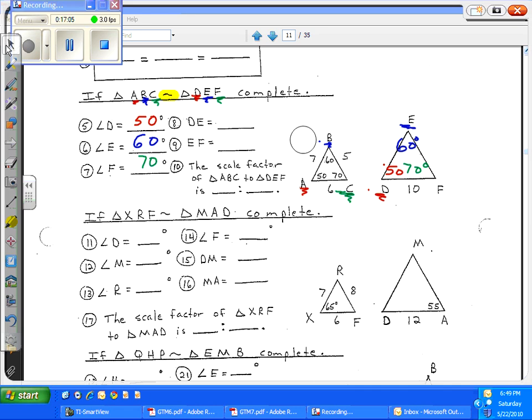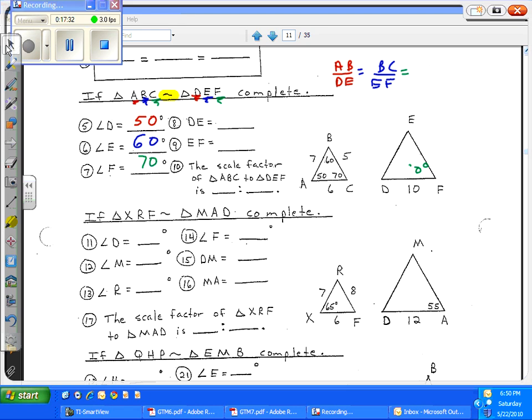We have to understand the proportionality, okay? So what we would do is we would say, well, AB, first two letters in the first triangle, would correspond to DE, first two letters of the second one, and BC, last two letters, would correspond to EF, last two letters,